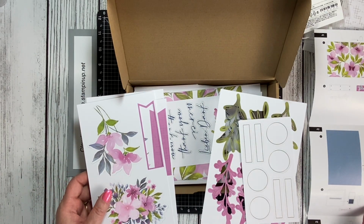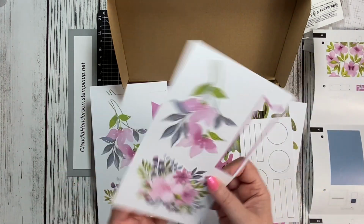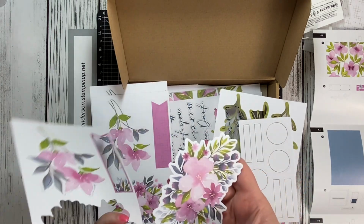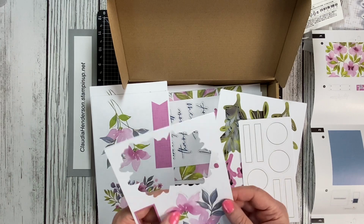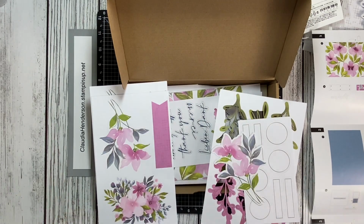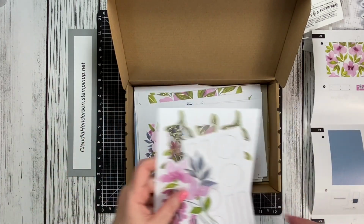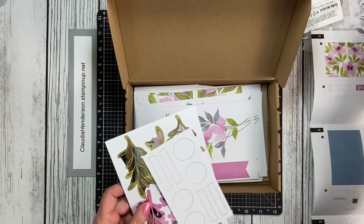So for the blue one, we need a big flower. And this is also on this sheet here. So you have 3 of these sheets with the punch outs here. And so we have this beautiful big flower, which also has some gold foiling on them. And then I'm just gonna take this one out here because I know this is gonna be used for the last card. So we might as well take it out. And then we also need